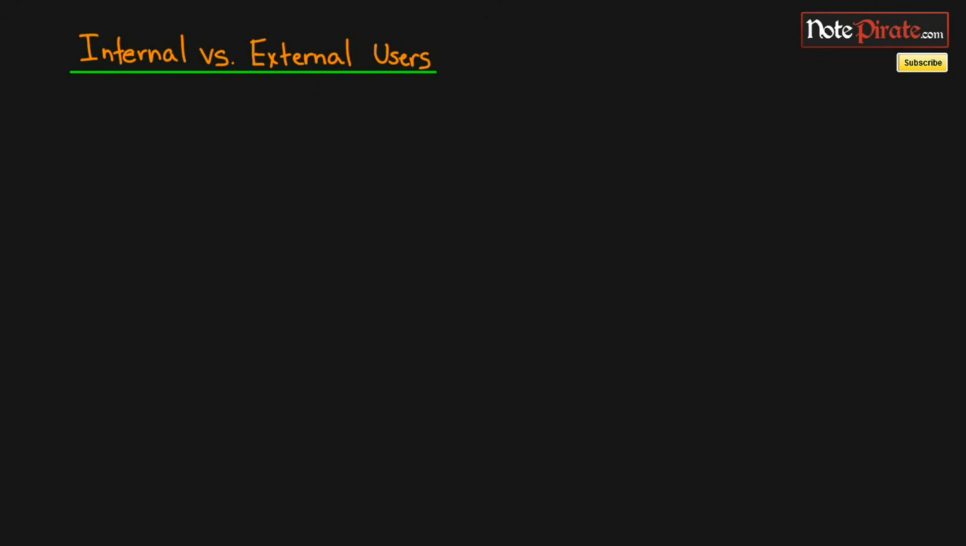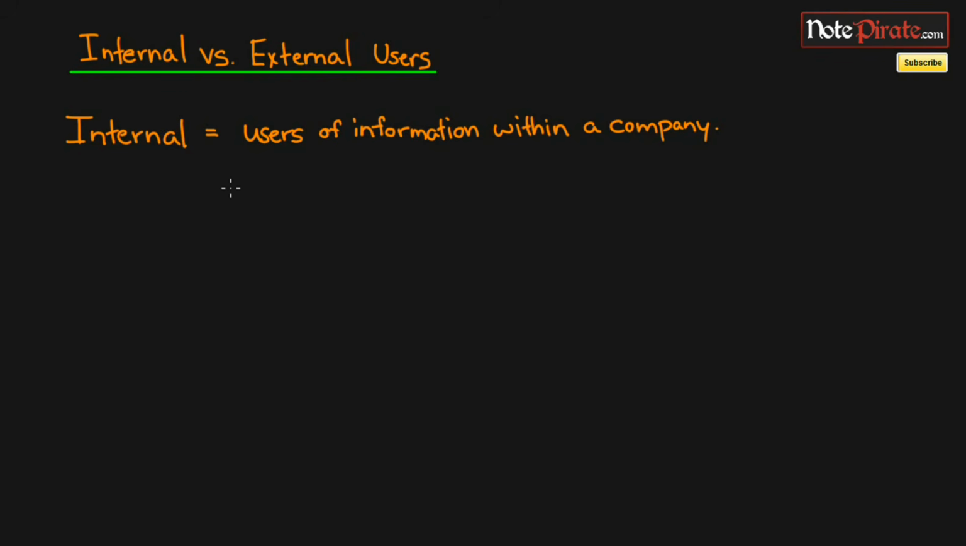Let's look at internal users first. So internal users, they are users that use information and they lay within the company. So they are basically employees is one type. Let me write that down first. Employees. So maybe like the accounting department,